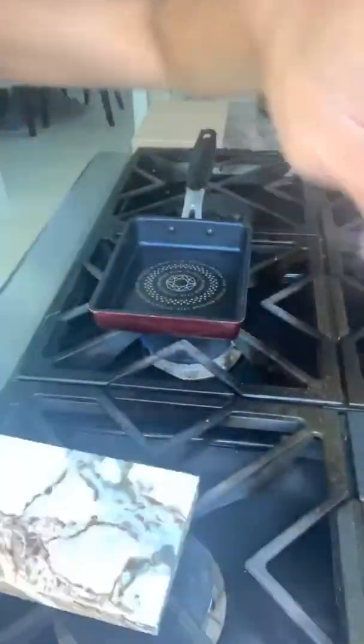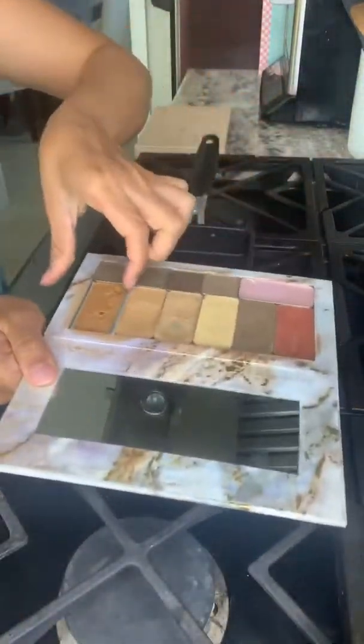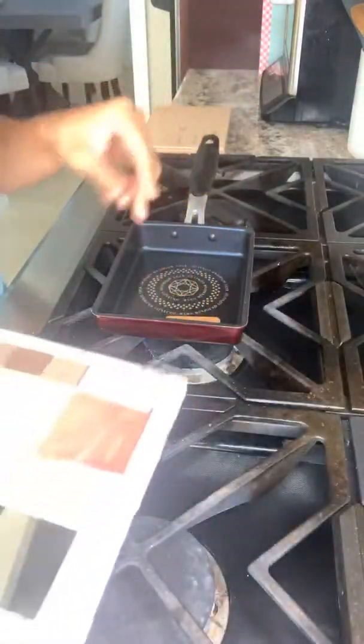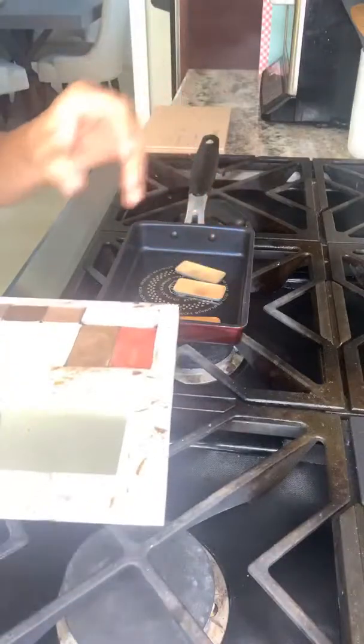I just heat up my pan, which is pretty hot right now. And I'm literally just going to take them out of my compact and throw them in the tin. And the reason why some of these have scoops in it, not because I use them for myself, but because,